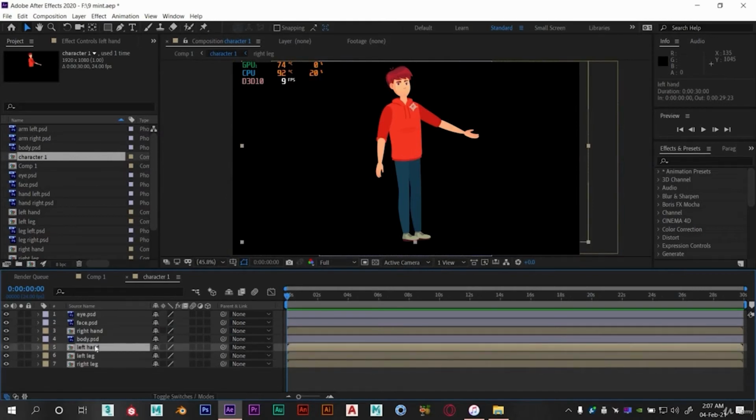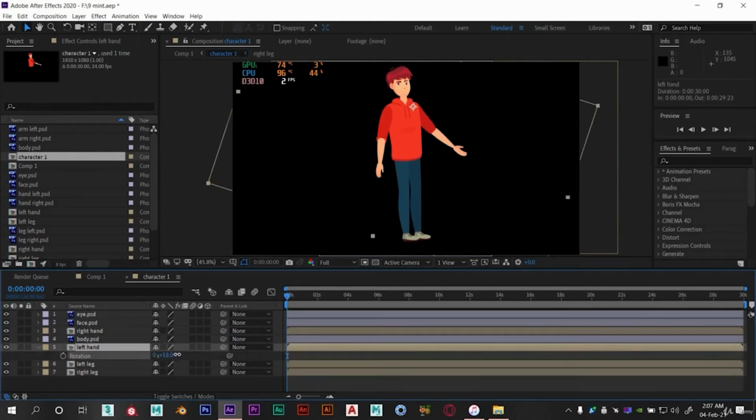Here you can see if I make change in parts, it can be seen in Comp 1 also.